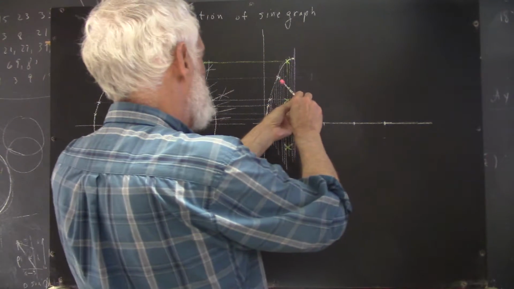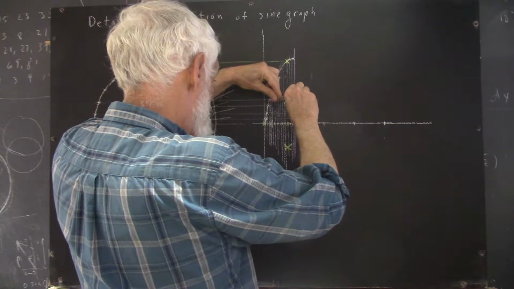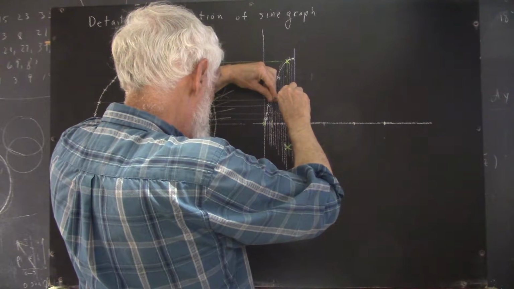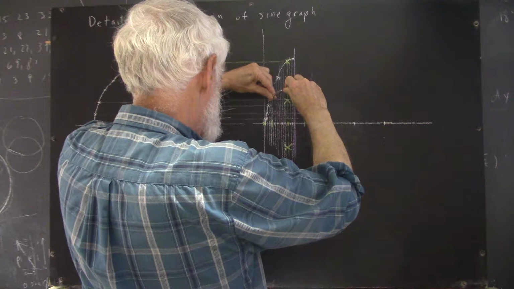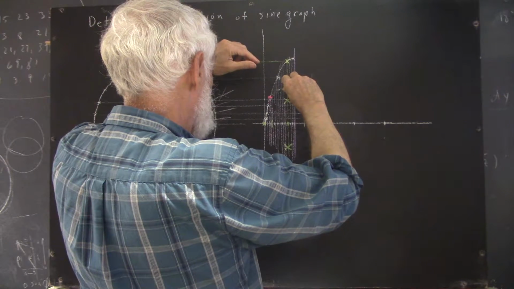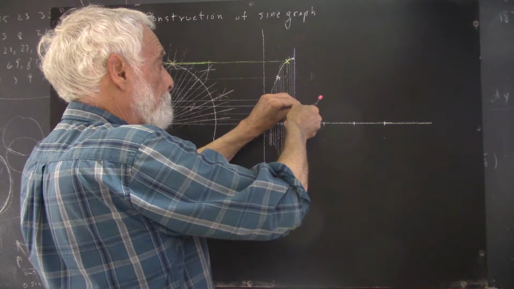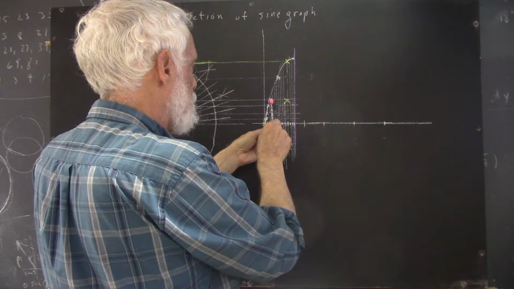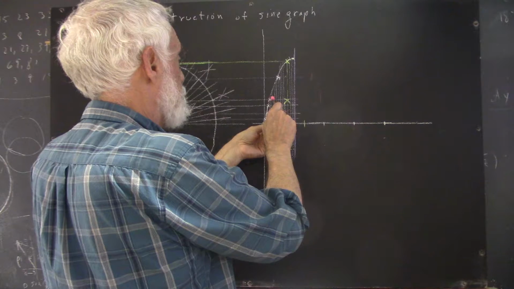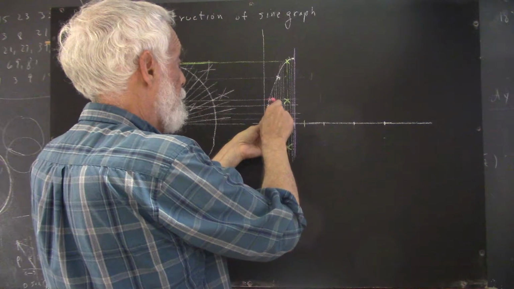We can come to this point, mark this distance, make sure we've got it right, and then mark the same distance on the other side, and then simply mark this distance, which is pretty close to the same distance but a little less,